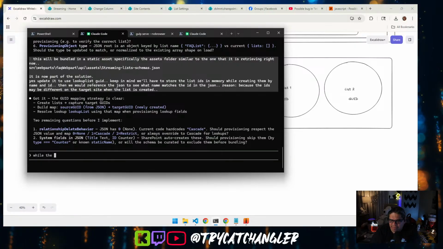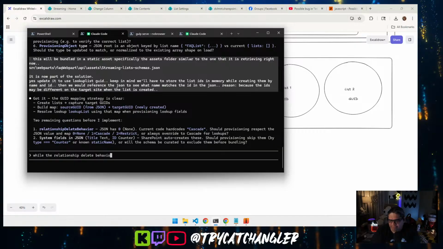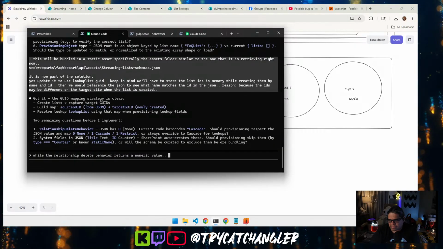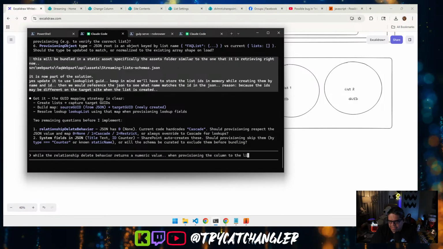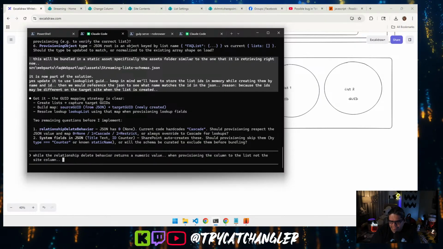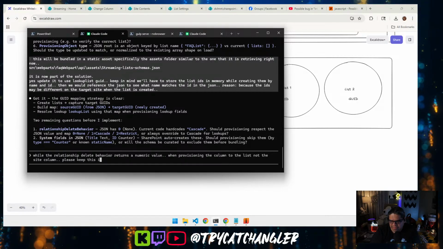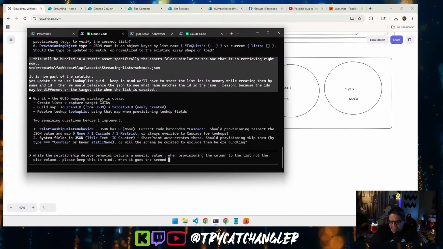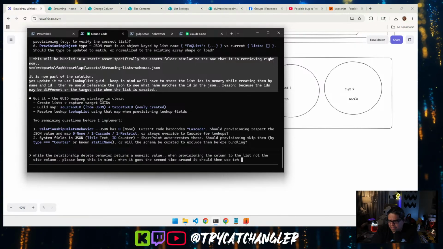Okay, so while the relationship delete behavior returns a numeric value when provisioning the column to the list, not the site column. Please keep this in mind. When it goes the second time around, it should then use the